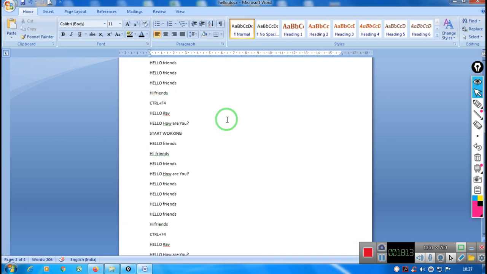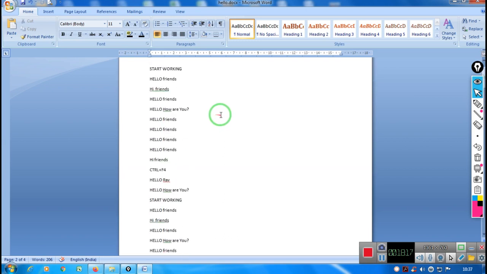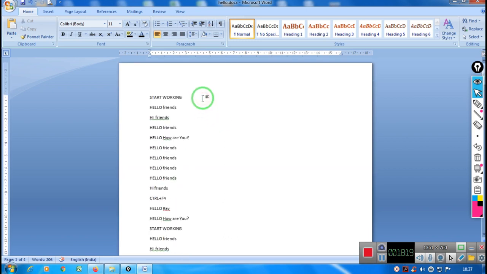And now we will be doing spelling and grammatical mistakes. Sometimes you are typing a particular text, like I have written the wrong spelling of computer, and it will display a red wavy line. A red wavy line means there is a spelling mistake, or the word which you have written is not present in the dictionary of the computer. Therefore it is showing a red wavy line.